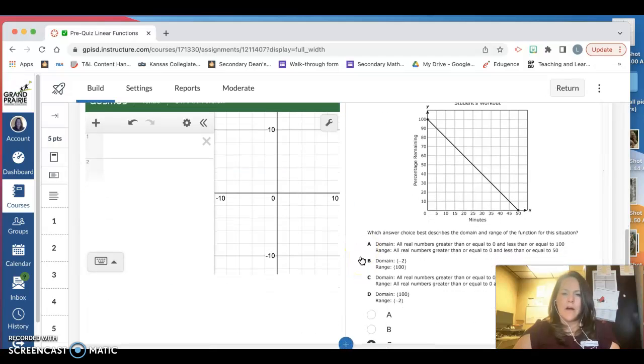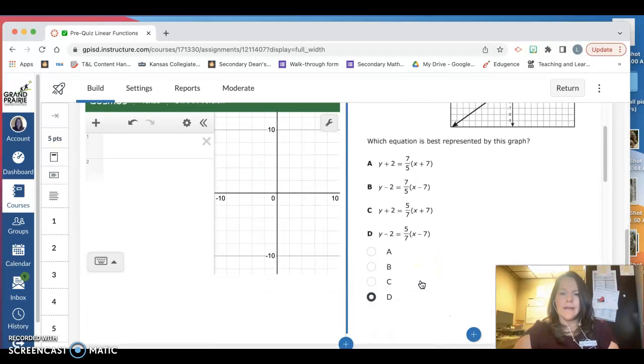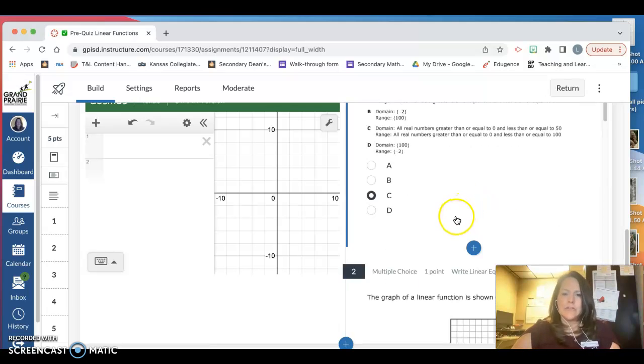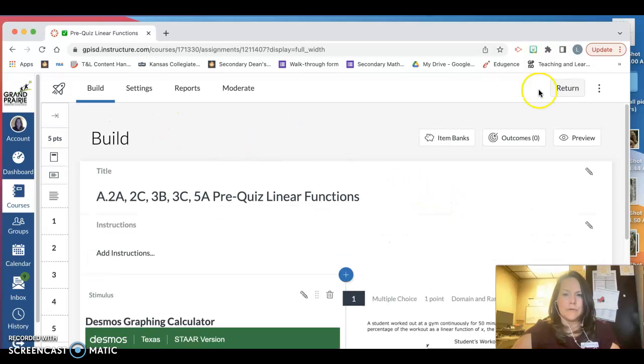So on this build page, we can, as a teacher, add a question, maybe delete a question. If you wanted to add something like upload a picture of the work you did today, you can add to these quizzes. So they are completely editable. I'm going to go back